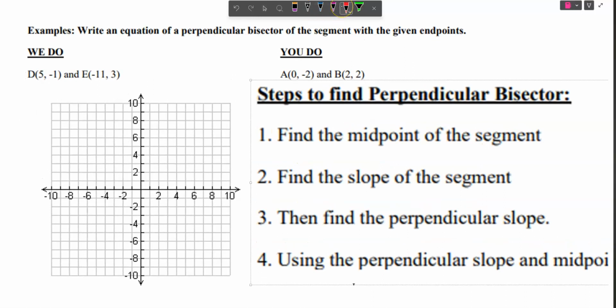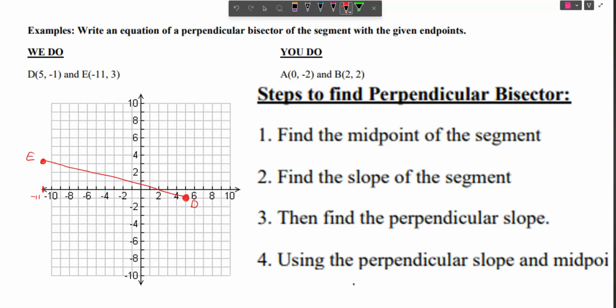So we'll start by plotting those points. So we're going to get 5, -1. So that red point right there is segment D. And my second one is -11, and that takes us off just a little bit here, and then up 3. So that's going to put me right here, okay? So when I connect those to each other,